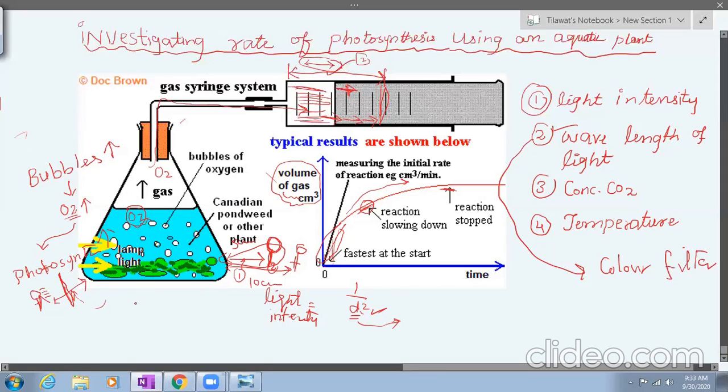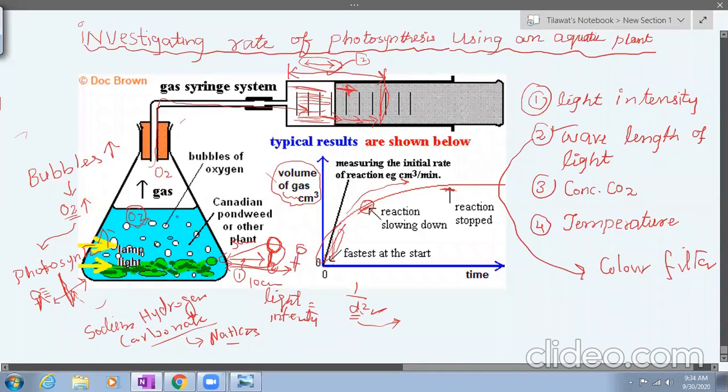We are using a special chemical called sodium hydrogen carbonate. Am I clear? So sodium hydrogen carbonate, NaHCO3. When I'm keeping this in water, it will react and carbon dioxide will be released